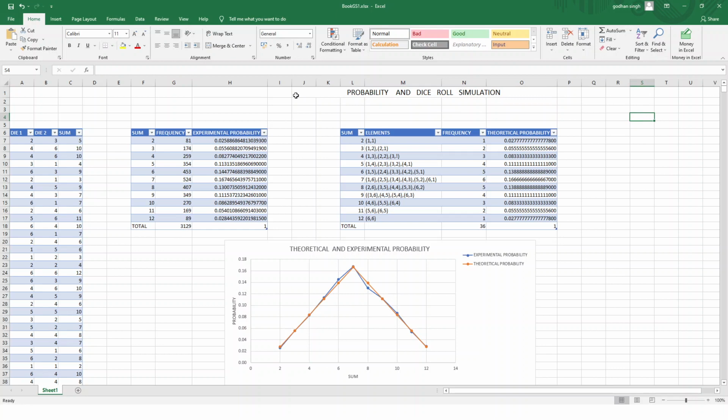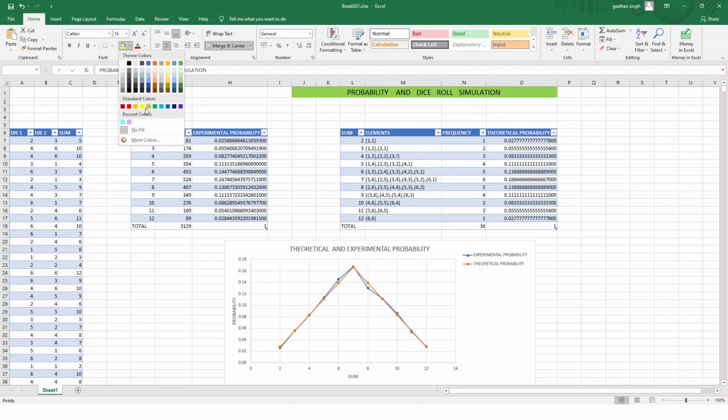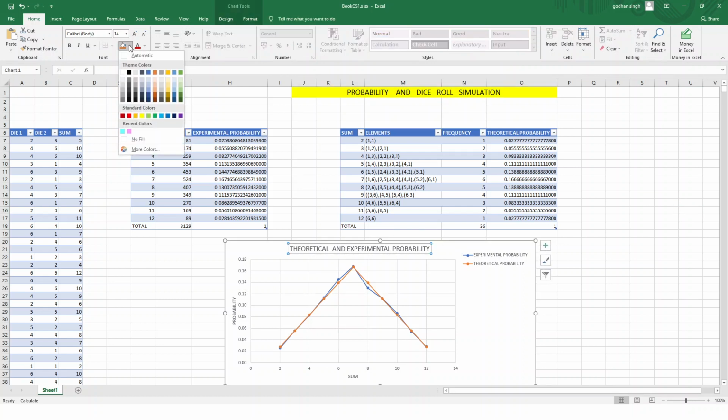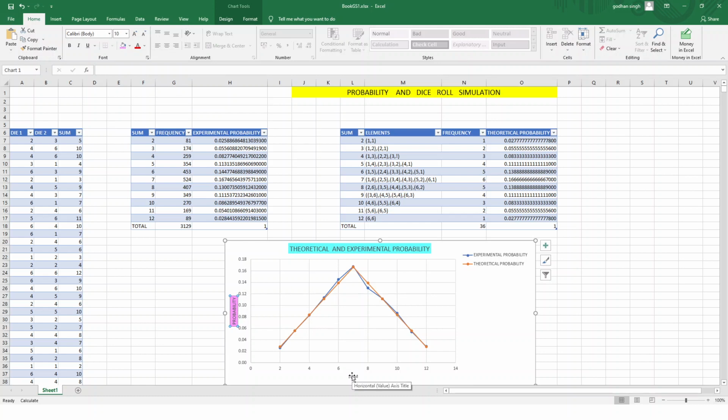Suppose we want to give it yellow color. And here also we can give some color to this one, say blue color, and this probability, any color. This pink will be okay, and here also we can color it with any other color, say I will just put a light color. So this is sum.